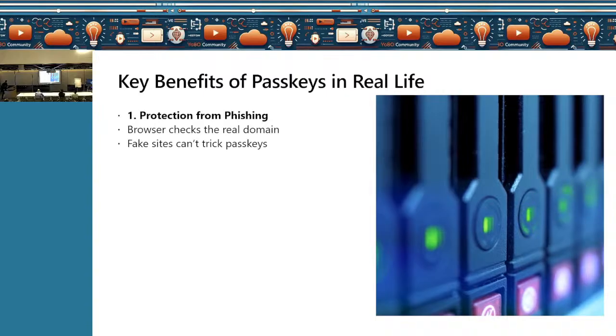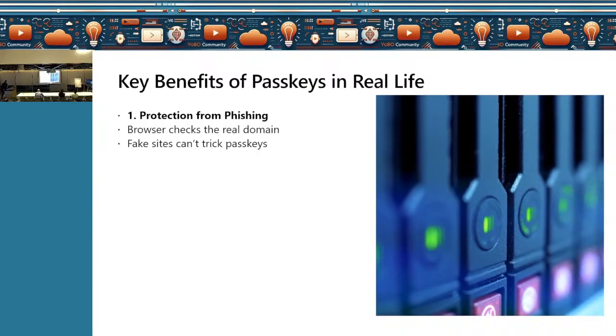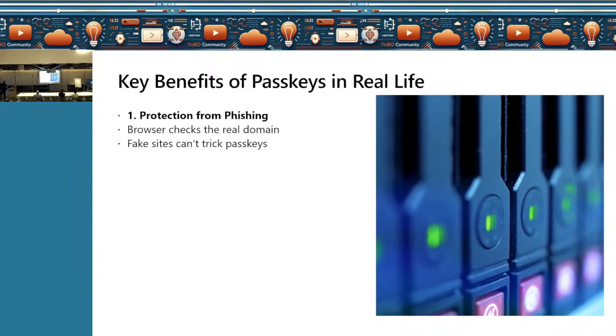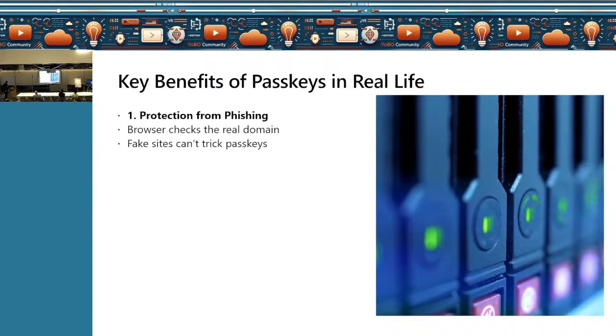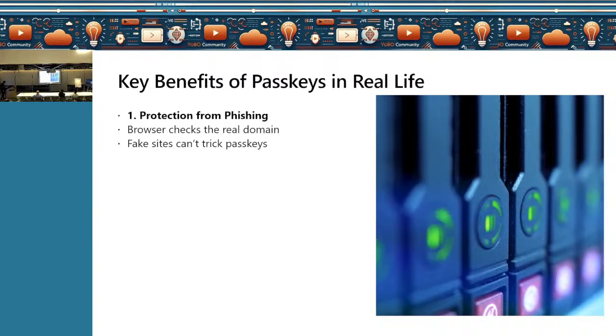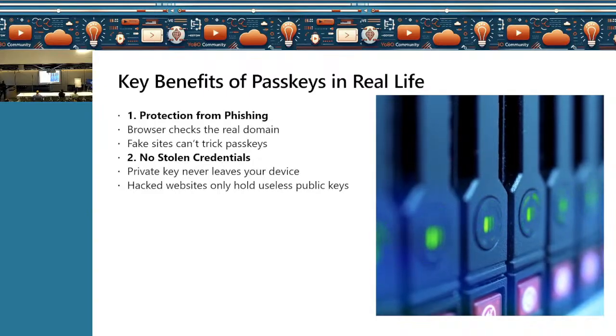Users can be tricked by lookalike websites, but with passkeys, the browser itself checks the website identity. If it doesn't match exactly, the passkeys won't work. So the system is protecting you automatically. You're not relying on users' ability or knowledge, because not every user is IT aware. Having said that, it's not like just the IT aware users get phished.